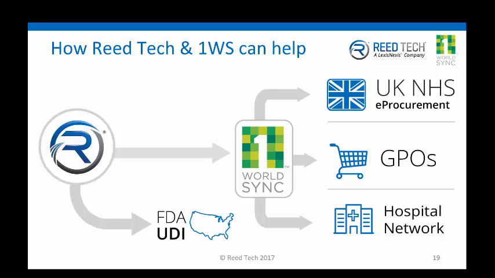I know that the GDSN itself is working hard at figuring out the best way to approach pricing and how that will look in the future, and with other countries that are requiring it through other avenues and channels. But again, it's full product